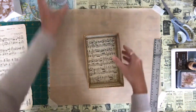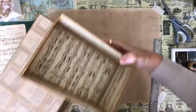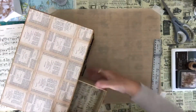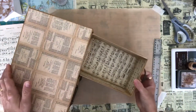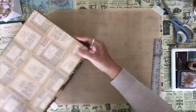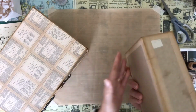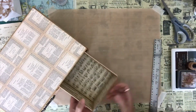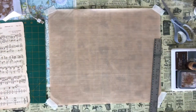Okay, so there is the inside of the box all covered up. And I'm going to place it into my drawer. I've also done the other one. So I've got my paper inside and this one as well. So now the last thing I have to do is just cover the outsides of the box and the bottom. And again, I'm going to grab that vintage paper pad that I had, Vintage Memories, and I'm just going to select